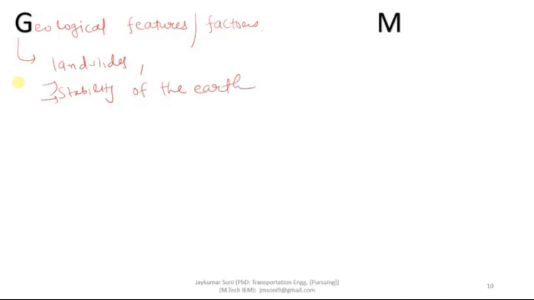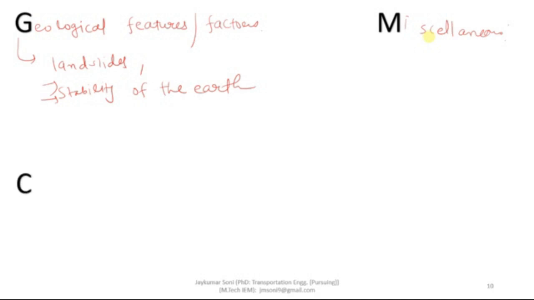Now, the M stands for miscellaneous. Miscellaneous means other criteria. It should avoid any foreign territory. The road should have good visibility under any kind of climate conditions. The political and strategic consideration may necessitate the deviation of the road alignment sometimes. The alignment should not pass any highly populated areas. The low lying areas should be avoided in the alignment. It should not pass through the snowy area. These are the criteria which are considered in the miscellaneous factor.